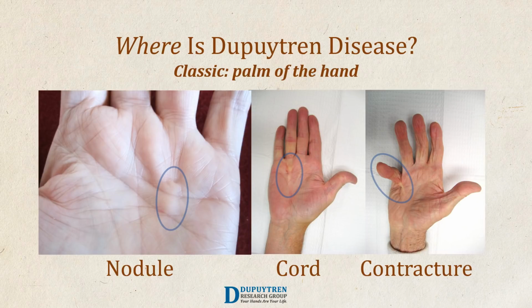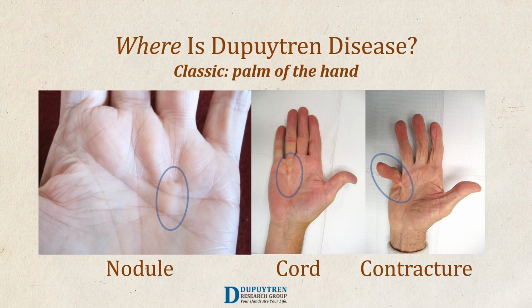The most common place that people have physical changes from Dupuytren disease is the palm of the hand, and there are three categories of physical findings. The earliest show up as a nodule or a lump in the palm. People mistake these for calluses, and they often appear in places where people develop calluses in their palm. This may progress to some tightening along the length of the finger that feels like a string under the skin or stuck to the undersurface of the skin, and that's a cord. And cords may progress to tighten up and prevent the finger from being able to be straightened out all the